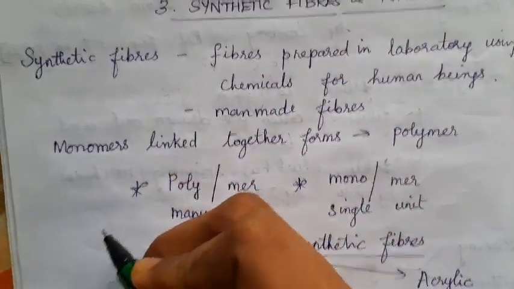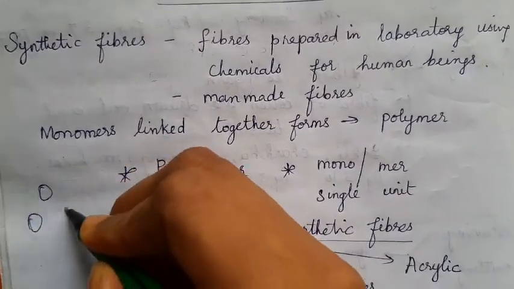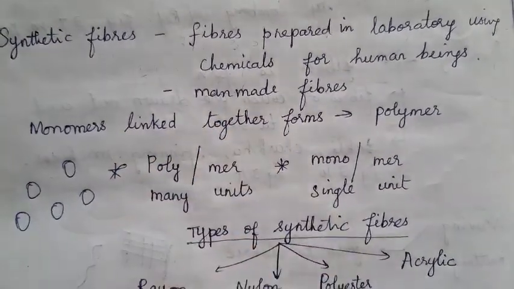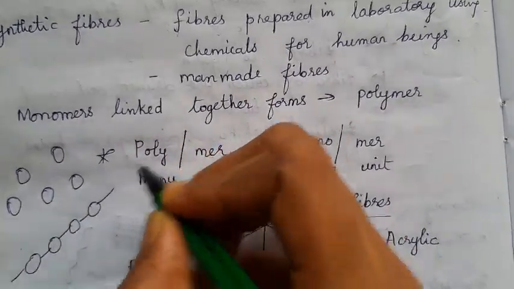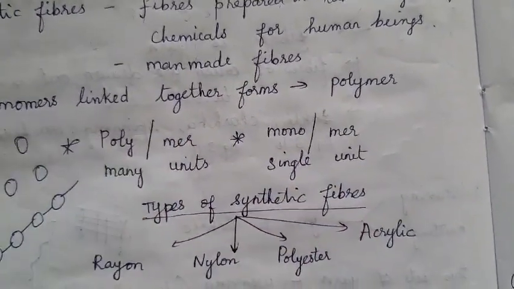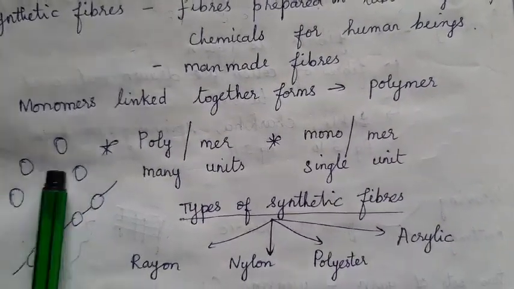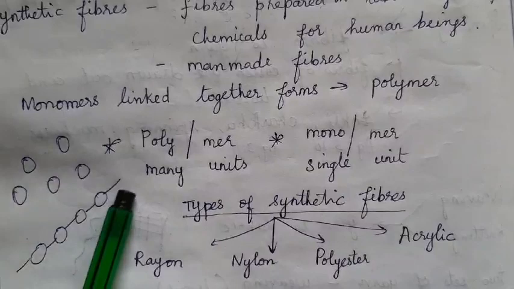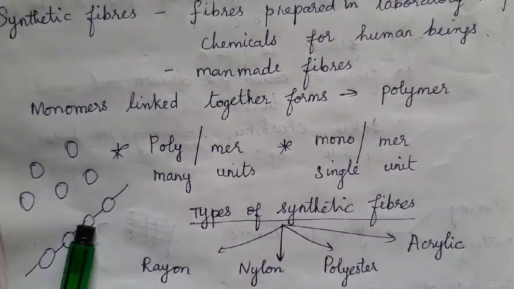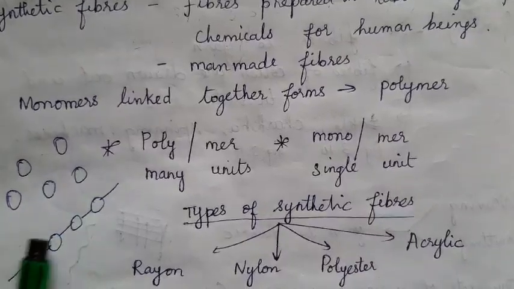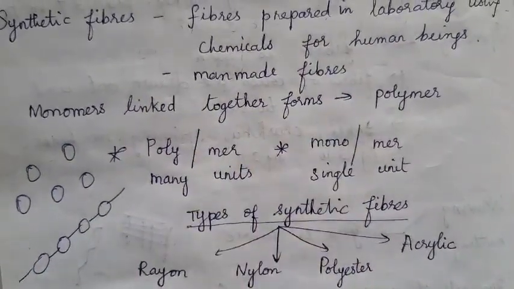If you don't understand, again, please see. Okay, so there are certain units present separately. When I join them together, I get the polymer used for a specific purpose. Whenever they are separate, I cannot use them for anything. When I join or link them together, I get a new form of the same separate units in a usable form. That is called my polymer.